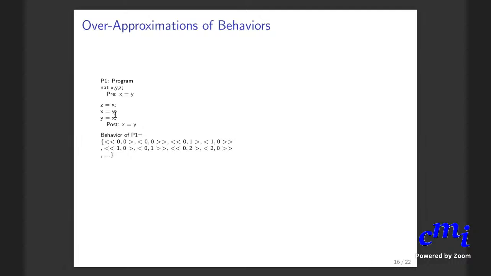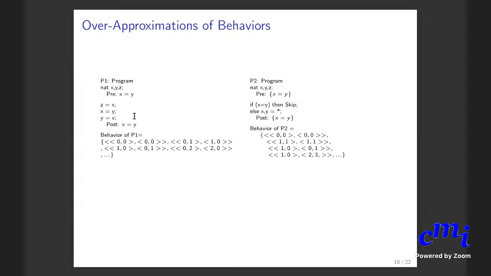The program on the left side here, the swap program. And just for a moment, ignore all the pre and post and so on. So the program P1 consists of the input output behavior, as we used to model. The behavior consists of these input output pairs that are shown on the left-hand side. Now, on the right-hand side,